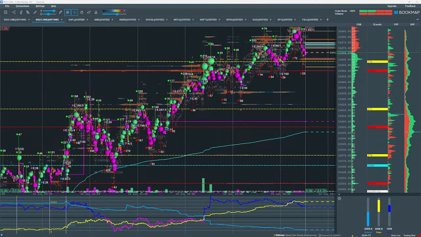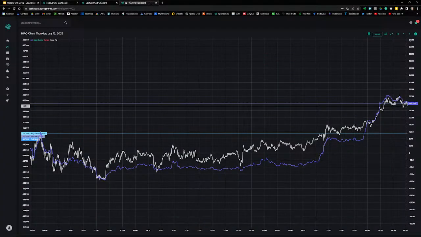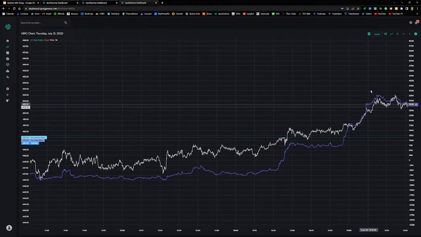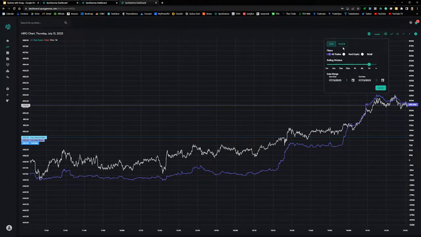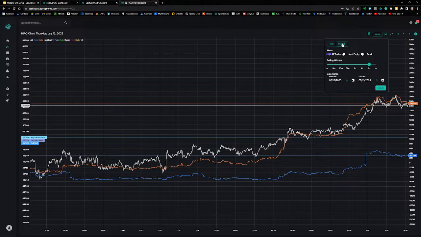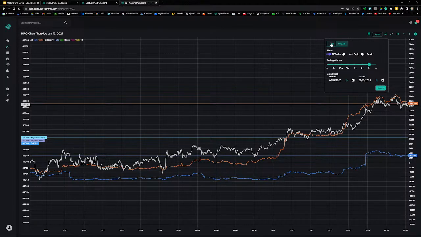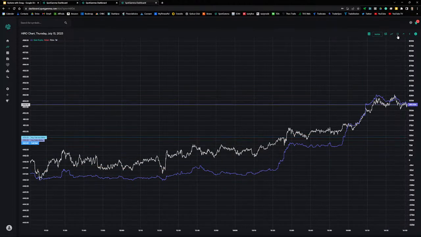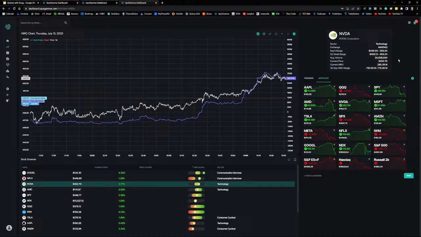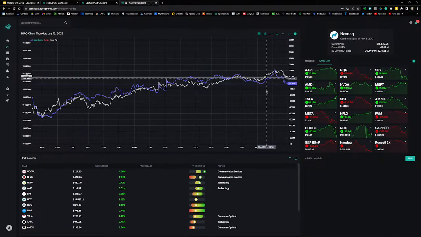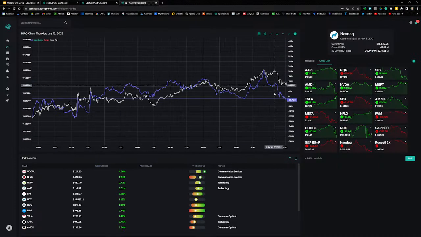Let's see what options traders are doing, and then we'll call it a day. So Nvidia, it looks like the call buyers have stopped now. So they stopped buying calls, at least for the moment, and they've stopped selling puts, and price is leveling off. So that would be a good correlation to look at for Nasdaq. Also Nasdaq now, traders are starting to take negative delta positions.